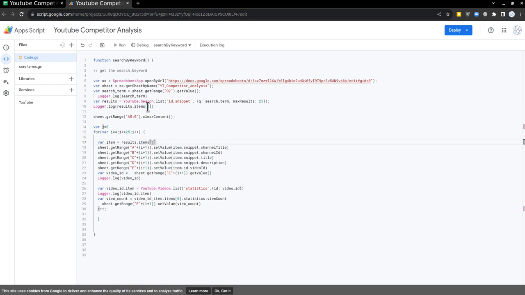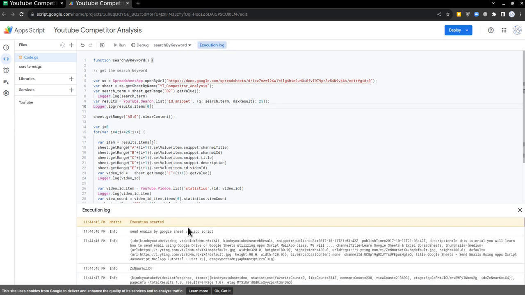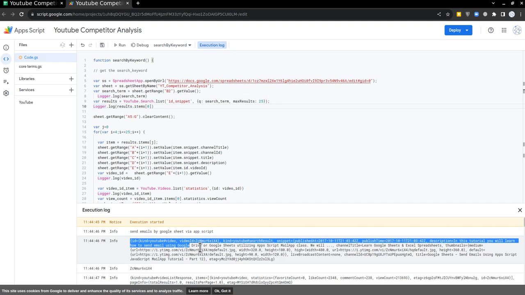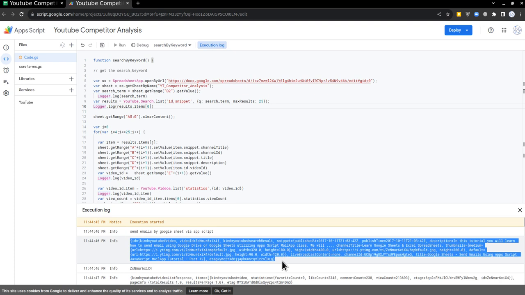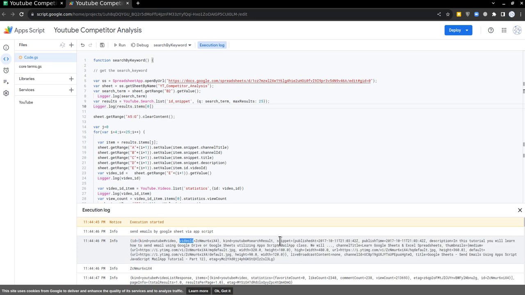The 0th value means this result. In the execution log we can say this is the 0th item, the complete data. Now in this 0 I want ID and snippet, and in ID I want the video ID, and in the snippet section I want the description and title. So that is the reason I'm saying